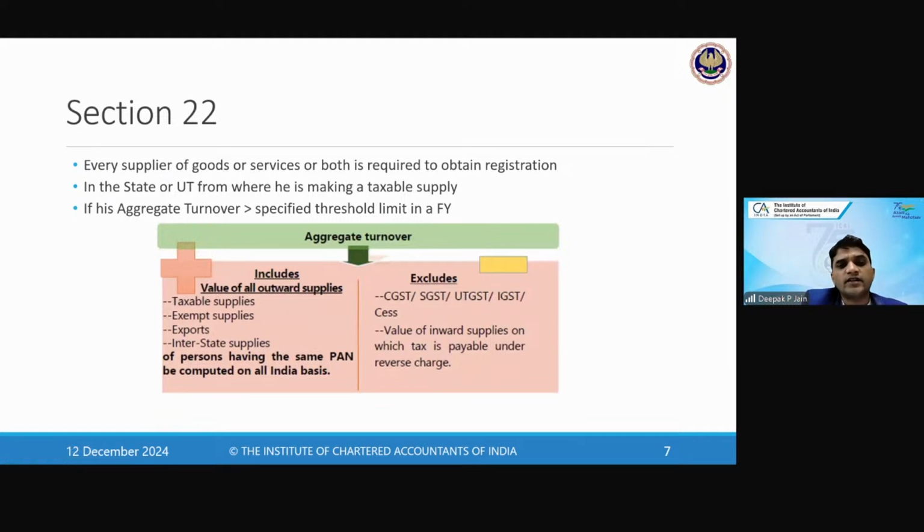If his aggregate turnover crosses the specified limit. So section 22 says that every supplier of goods or services is required to obtain registration in the state or union territory from where you are making a taxable supply if your aggregate turnover crosses the specified threshold limit. Now, what is this aggregate turnover? Aggregate turnover, very important, is